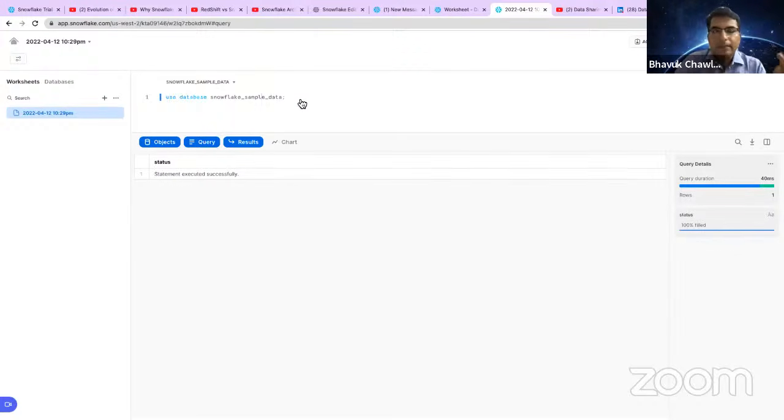But some companies prefer to have dedicated ETL tools, like specifically Talend or Informatica. You can integrate those tools also with your data warehousing solution like Snowflake. That is also possible. So coming back here, you can see when I'm running the query, I'm able to